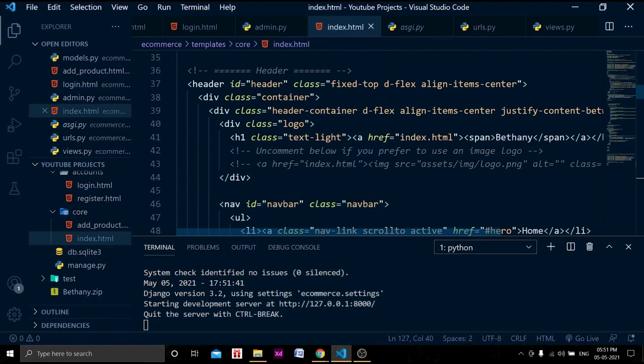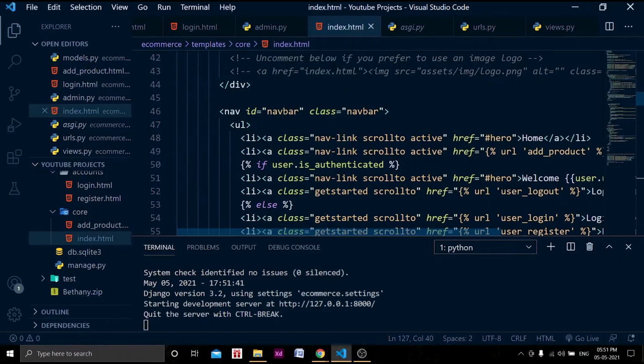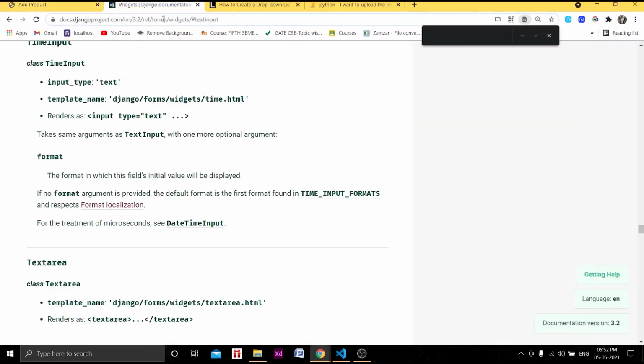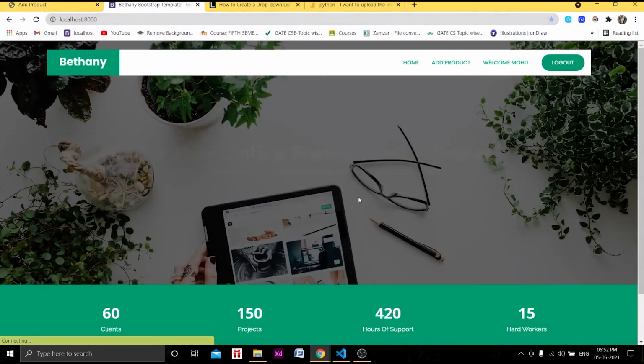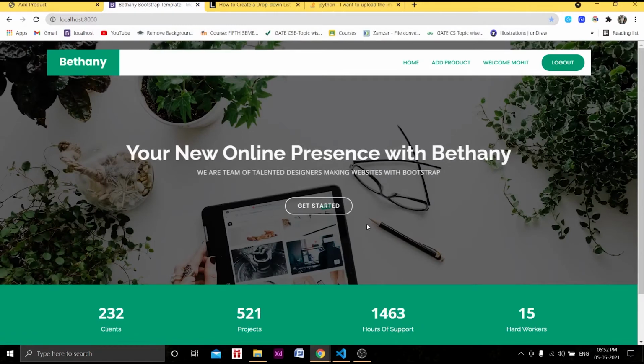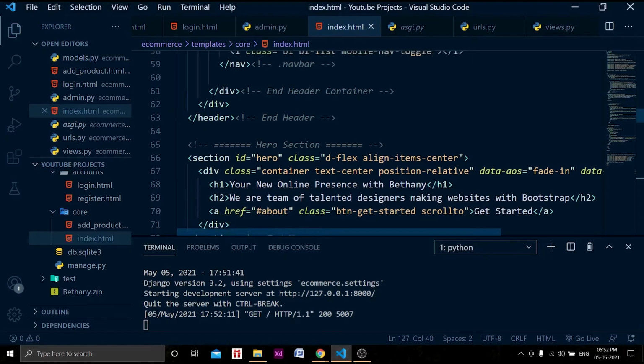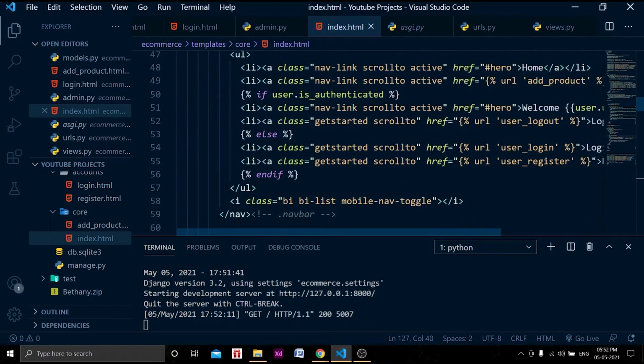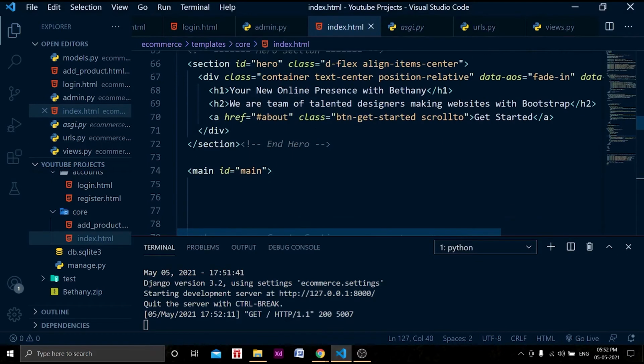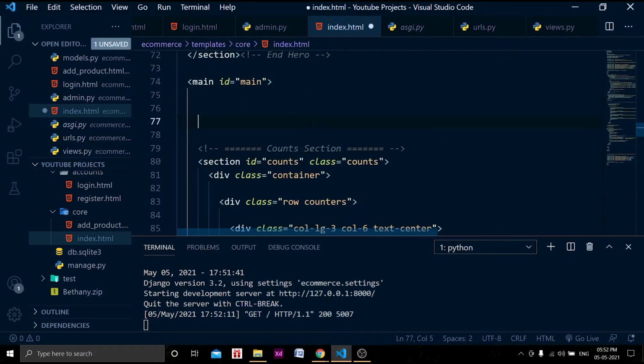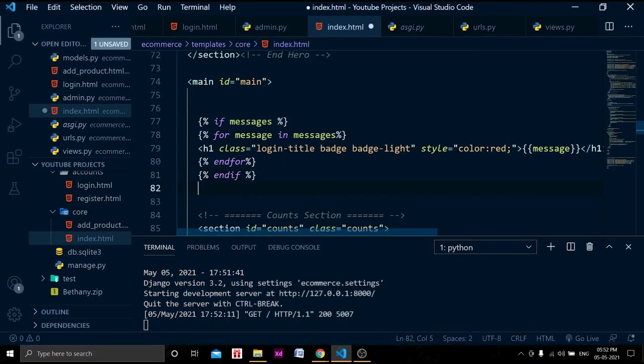So where to add that? What we can do here, in the local, let's check the localhost. We will display the message right above the green page, in this section below this get started button, right? So I think below it was here, get started, and in the main we can show that message here.